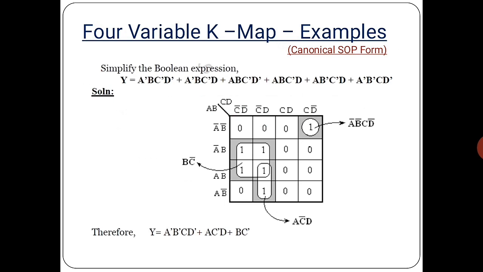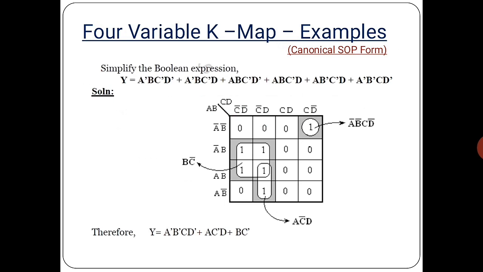mark the given Boolean expression, a bar into b, a bar into b into c bar into d. So now we can write it down, and then we are going to mark a bar b c bar d, and then we can mark all the min terms in the particular Karnaugh map, and then we are going to look for the grouping. So we have the chances to group as a quad and then a pair, and also we have one more cell, it cannot be grouped with anyone, so it will be left as it is.